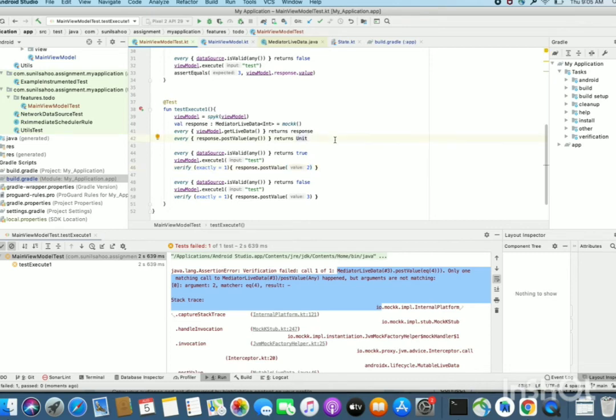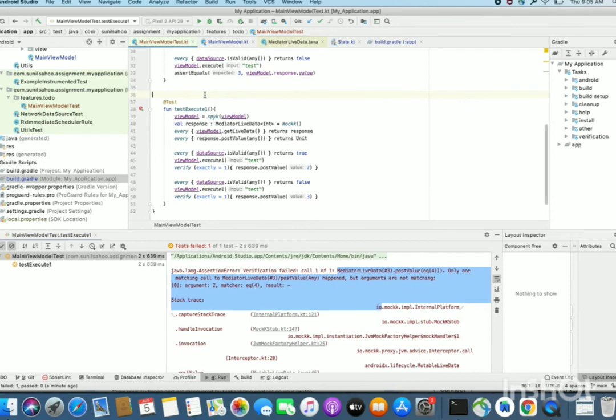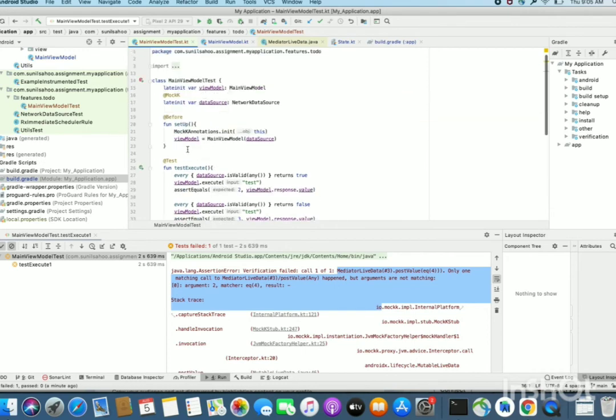In case you don't know the value, or you don't want to verify the exact value, then we can pass any instead of a value inside the post, and that can verify. Okay, now let's run both the tests, and now I don't have the executor rule.